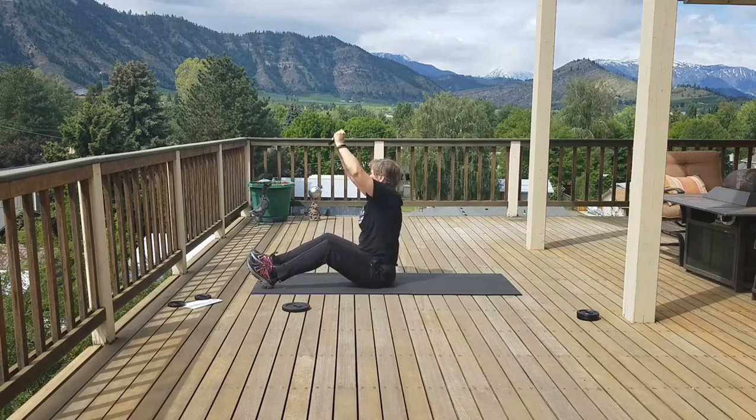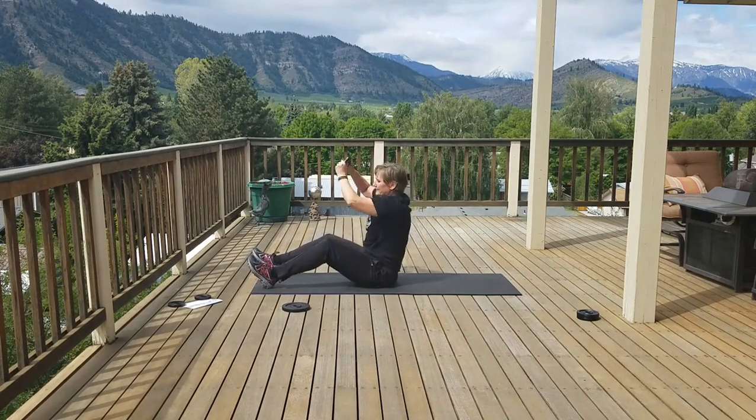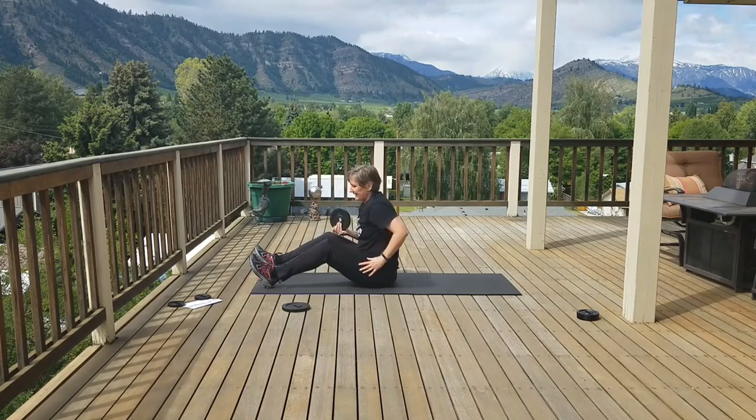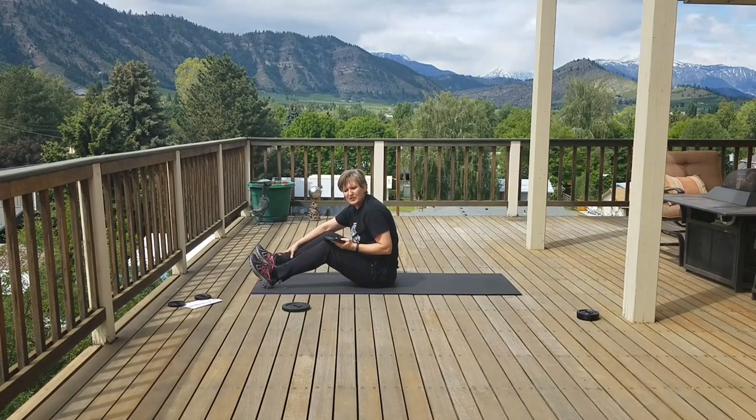Four, 3, 2, bring it back in. You can round the back, let the low back rest a moment. Okay. Now the next one is combining a roll up, which is what you'd find in Pilates, where we roll